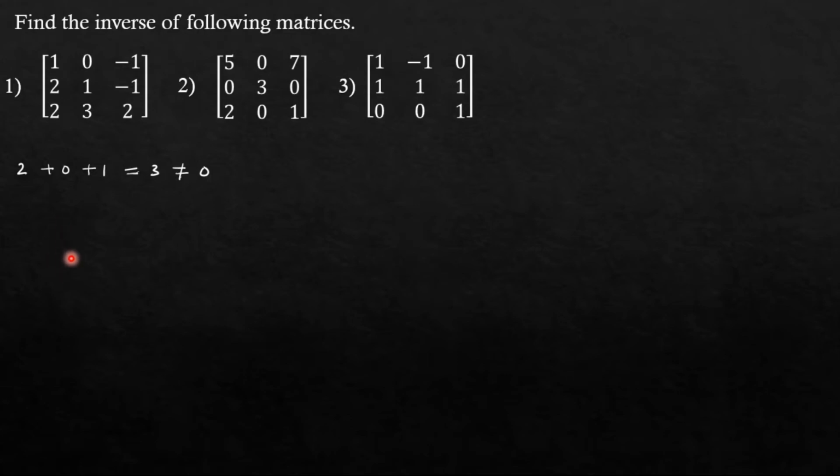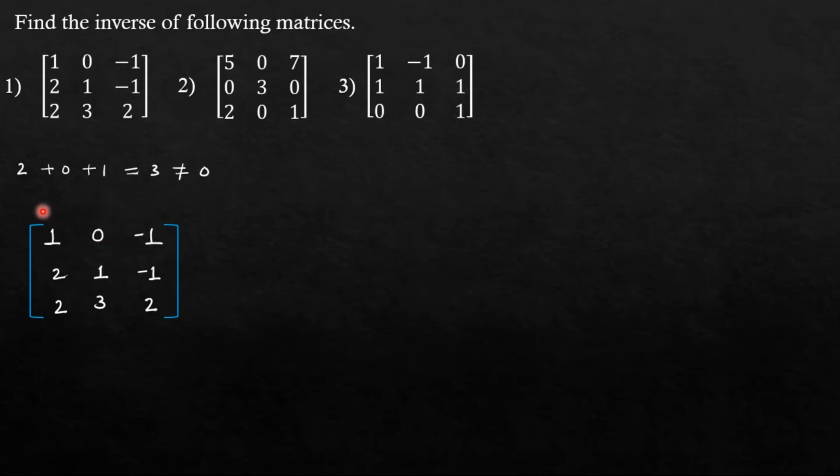And the next step is to find the determinant of this matrix. Okay, why? Because if the determinant is 0, or you can say if the matrix is singular, then finding the inverse is not possible. Why? Because in that case, the inverse does not exist when the determinant is 0. So our next step is to find the determinant.